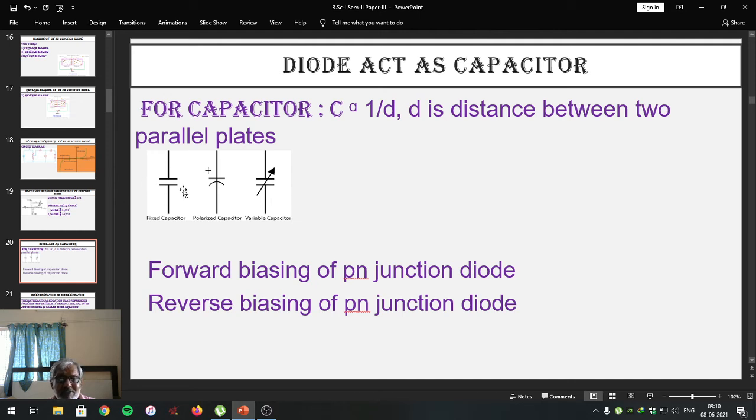In between the 2 plates, there may be air, or there may be some dielectric material which is going to be polarized when the charges are stored on the capacitor. Look here. Here the stored charges are represented. This is the positive terminal, this is the negative terminal. The negative terminal is earth, whereas on the opposite side the positive charges are stored. This is the variable capacitor. Variable capacitor means one can change the distance between 2 parallel plates. Already we have studied all these things in the last semester, paper number 1.